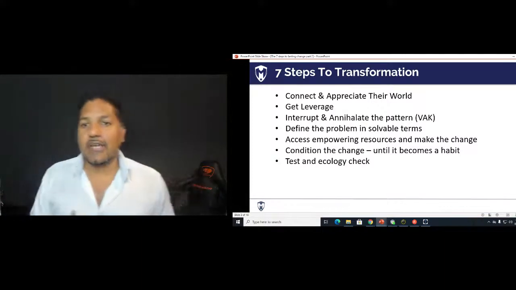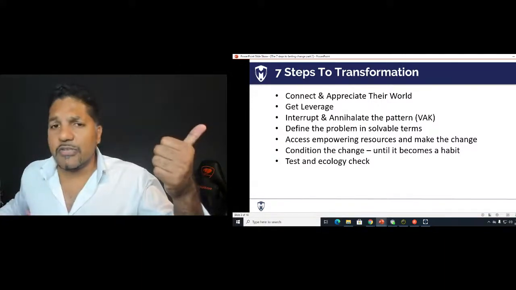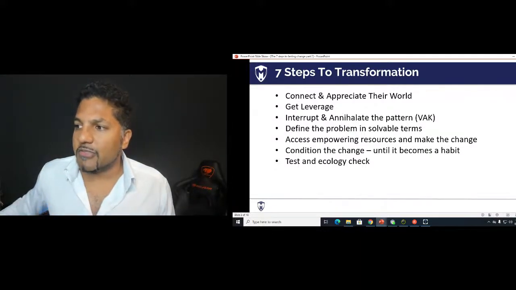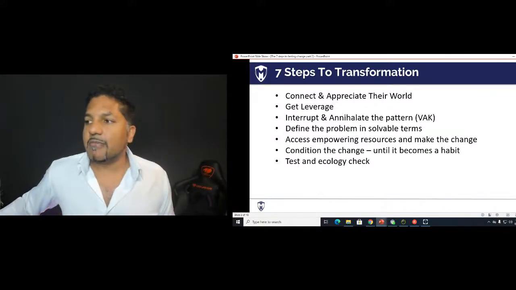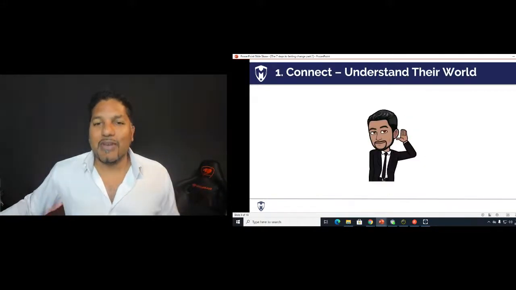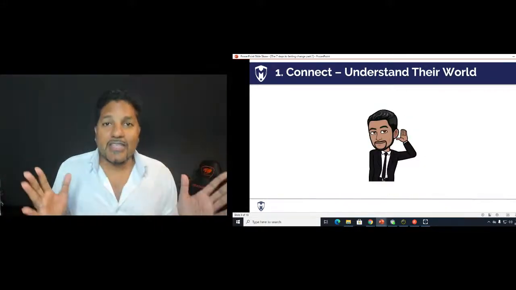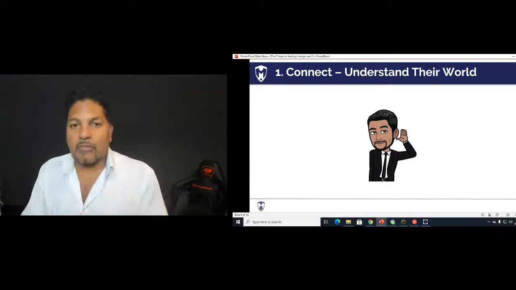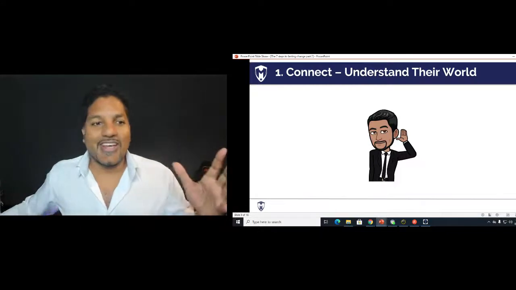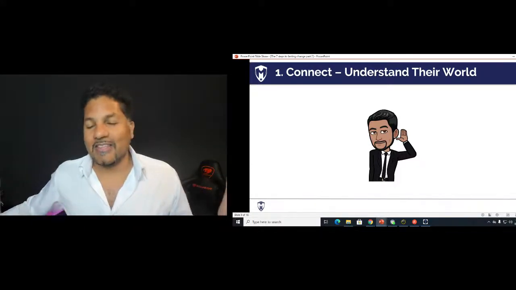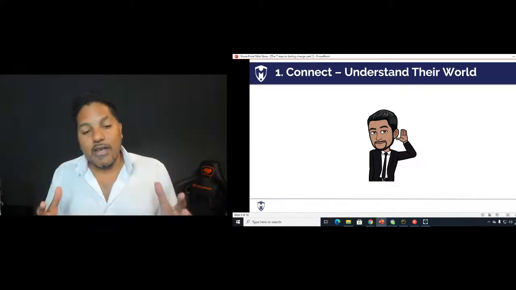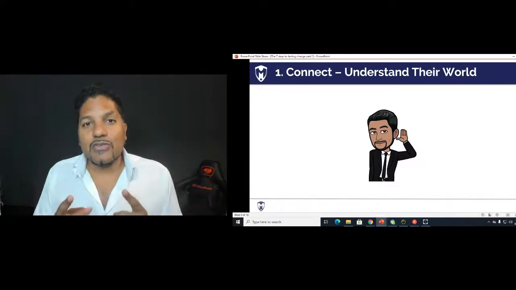So here are the 7 steps. Connect and appreciate their world, get leverage, interrupt and annihilate the paradigm, define the problem in solvable terms, access empowering resources. Let me just go through them rather than talk to you about them. So the first thing that you're going to want to do, if you want to help someone truly transform, if you want to help someone change, whether they've been smoking or they want to lose weight, whatever it is, the first step you need to do is